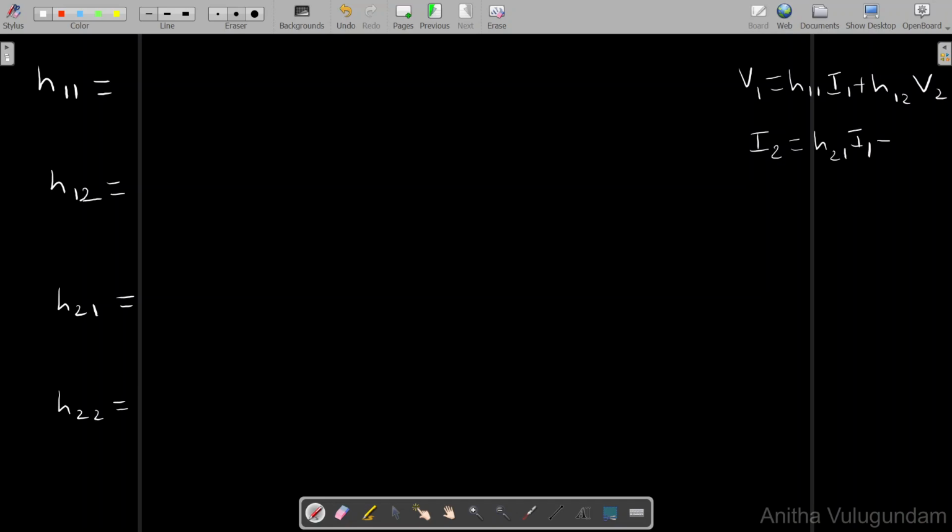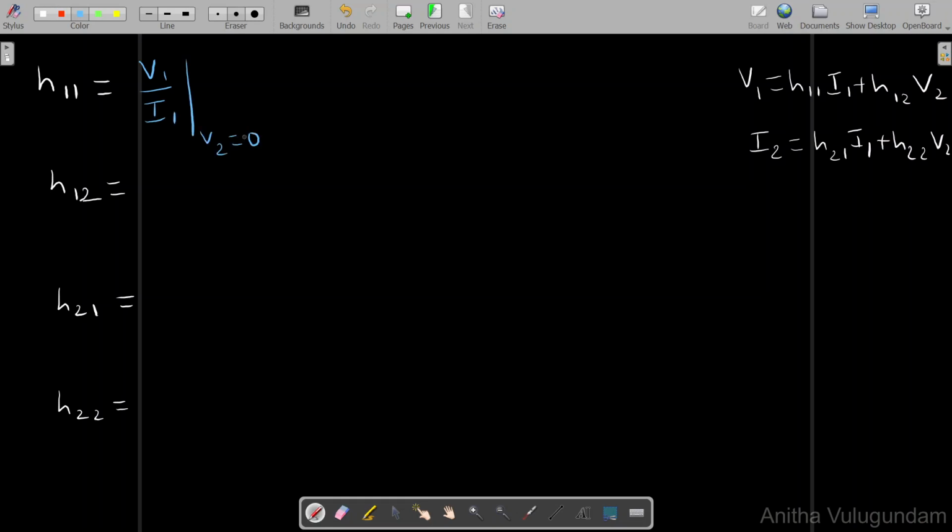Let us write each and every parameter: H11, H12, H21, H22. H21 I1 plus H22 V2. Okay, so from the first equation we can write H11 as V1 by I1 when V2 equal